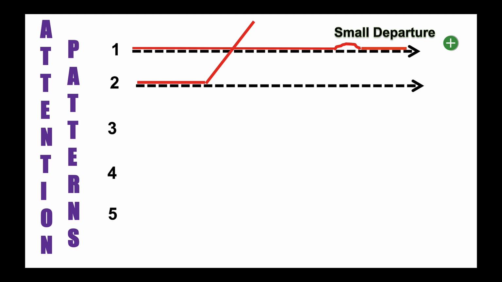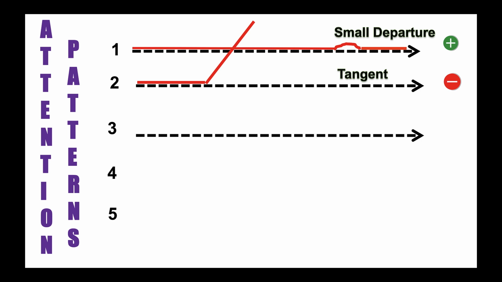Number 2, a person begins with best intentions, but bam, they go out into space. Something has diverted their attention or their focus. Maybe a person enters the room and they start thinking about that person. Maybe there's a word or a phrase that's been spoken, and that deflects their focus and they start to think about something else. And they're out there for an extended period of time until all of a sudden they remember, hey, I'm with this person. They return, but most of the message is gone. This is a tangent pattern, and it's negative because there's a cost. While you're out, you're losing.